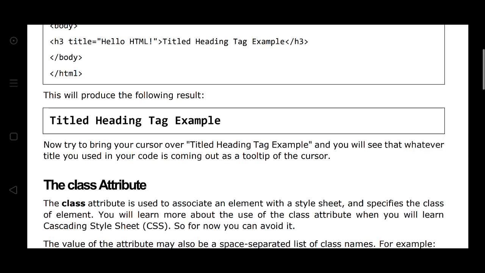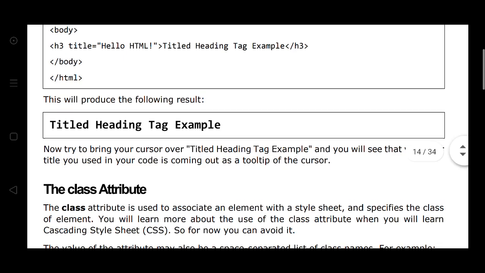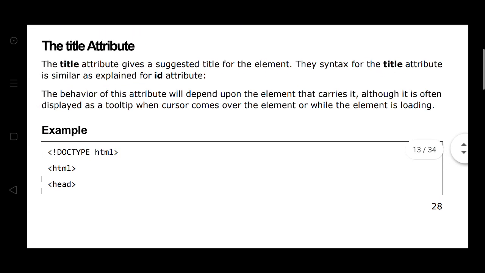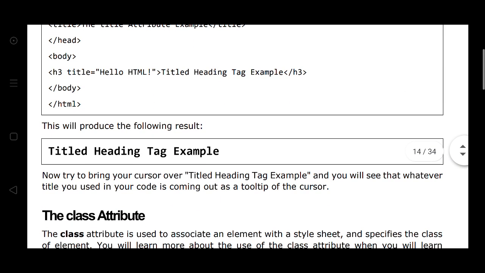Now try to bring your cursor over the title heading tag example, and it will be seen that whatever title you use in your code is coming out as the tooltip of the cursor. It depends on the cursor movement.